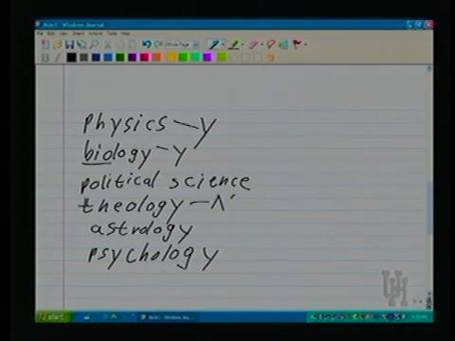So theology is not a science because theology doesn't do experiments. Theology is part of philosophy. We don't say, okay, we're going to do this experiment. If it comes out this way and we can replicate it, there is a God. If it comes out that way and we can't, there isn't a God. Now let's say it comes out there is a God. Okay, well, now we're going to do an experiment. If it comes out this way, that this is a true religion. If it comes out that way, that's a true religion. Obviously not. Now the reason I pick on theology, I should have put that before political science, is that theology,